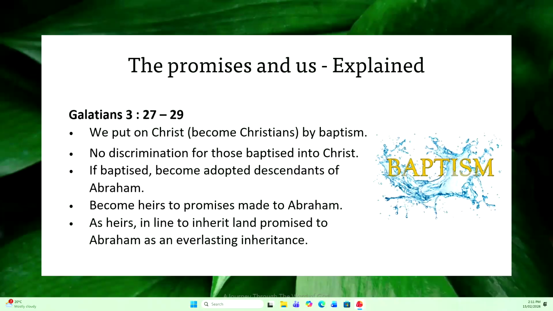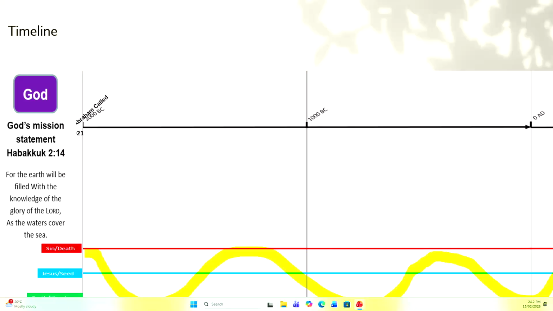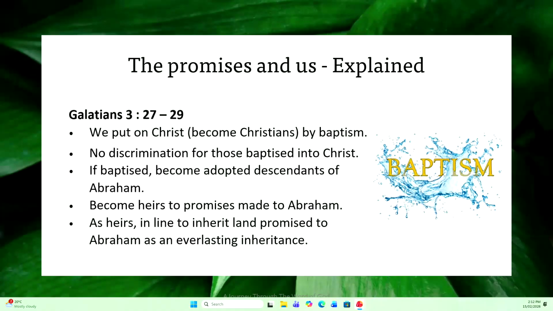So what other story have we thought about today where water was used to wash away sin? The flood with Noah. And it's saying that baptism is very similar, or it's the same for us. Through baptism we can wash away our sins, and by doing that, that ties us. We start a new life in Jesus, and if we belong to Jesus, then we belong to Abraham's seed.